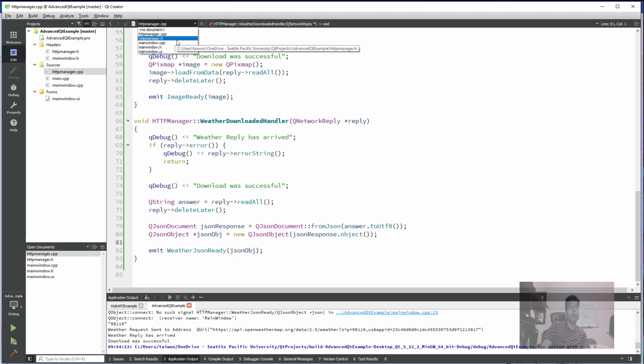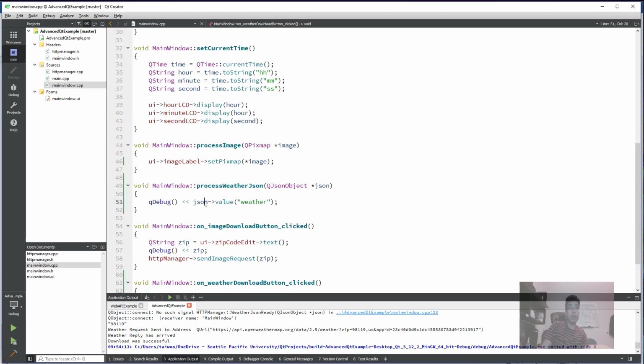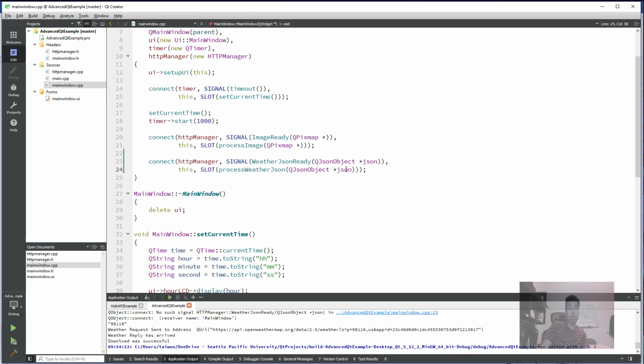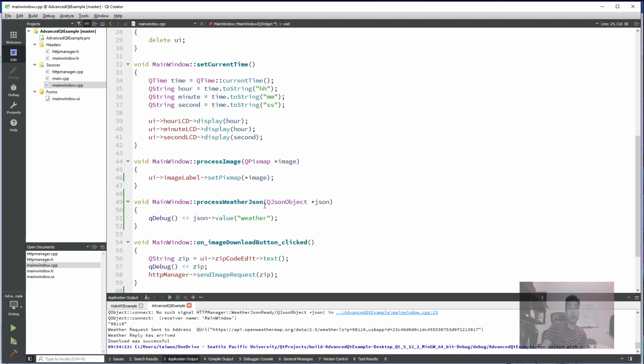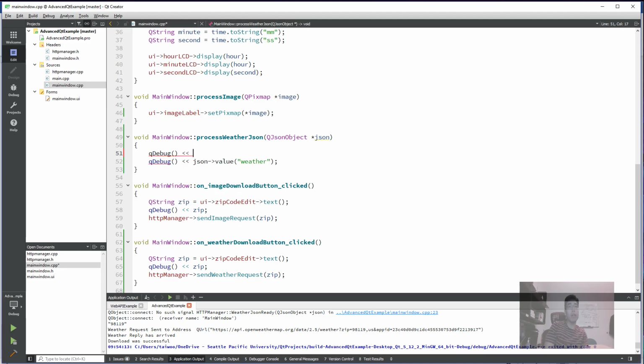in HTTP, in main window CPP, right? So here, QJsonObject process weather JSON ready, we connected it, and this slot, right, download was successful. Okay, let's say qDebug JSON ready, right, and for the JSON value, okay, let's see,